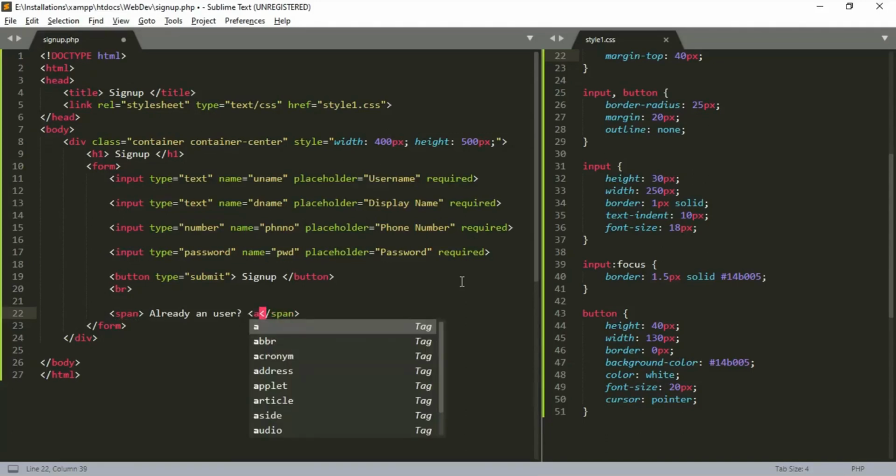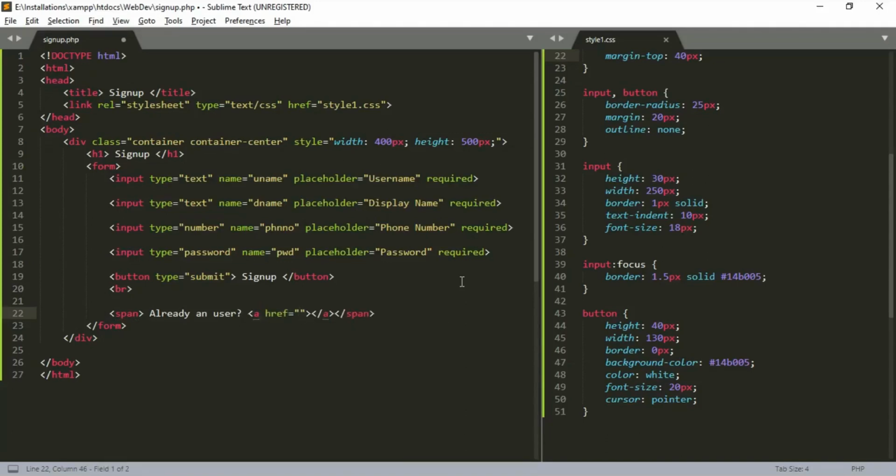Then add an anchor tag to the login.php, which we are going to create. href equal to login.php. Then we can give the name for the anchor tag as login. Now we can go to login.